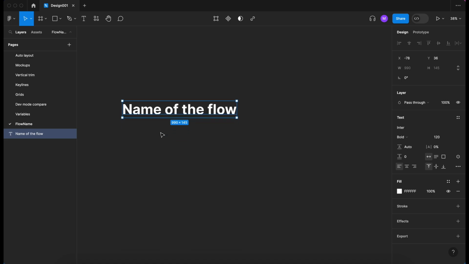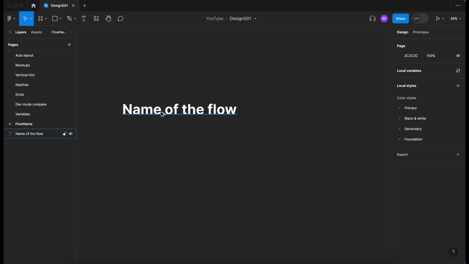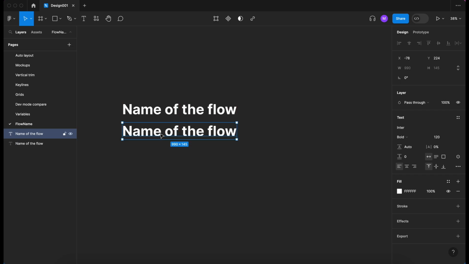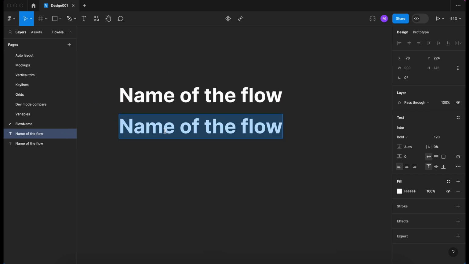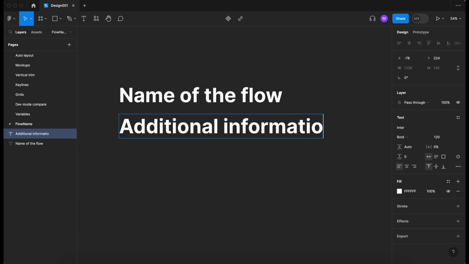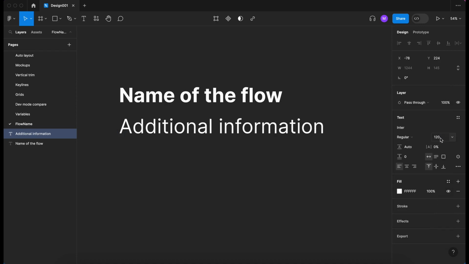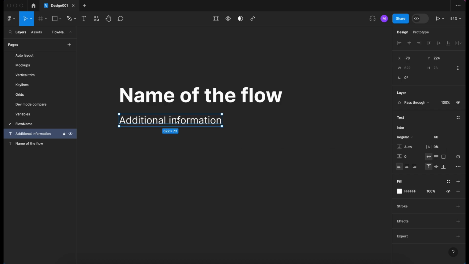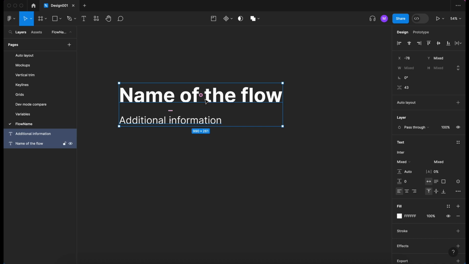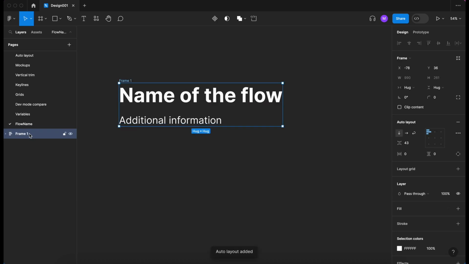bold. Okay, let's option click and drag to copy. And now I'm going to rename this additional information. And let's just change the font weight. And let's put that at regular. Let's divide this by 2. Okay, that's fine. And now let's Shift A into an auto layout, and let's just rename this frame as